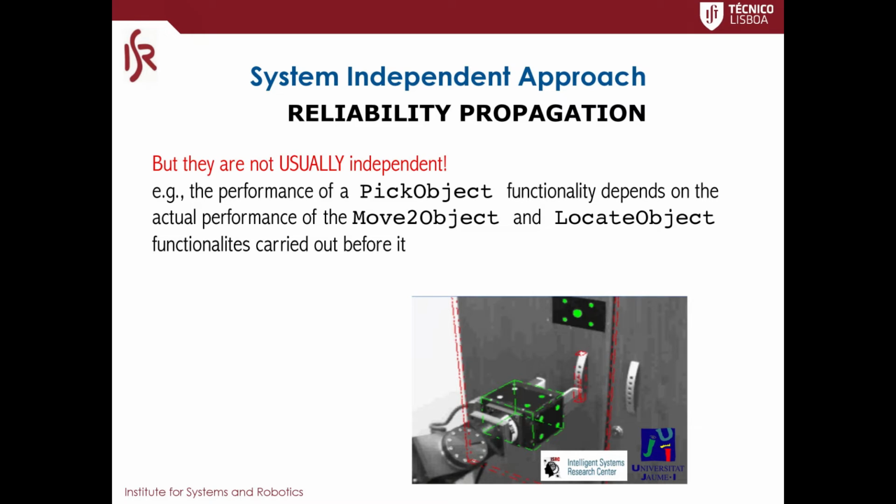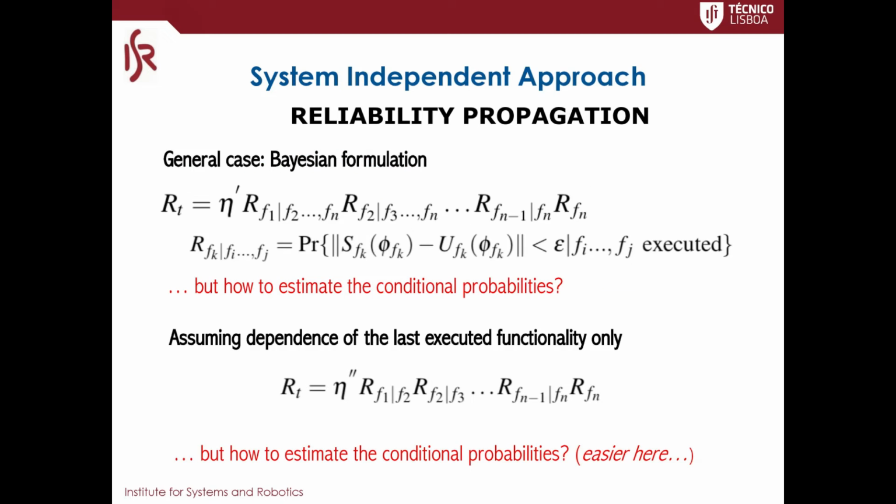So these are functionalities carried out before pick object, and though I might characterize the performance of pick object by controlling the conditions and doing that several times, as we do in functionality benchmarking in the European Robotics League, when it is used in different tasks or by different algorithms for the other functionalities, it will end up performing differently. So how do I handle it? Well, since we were looking at